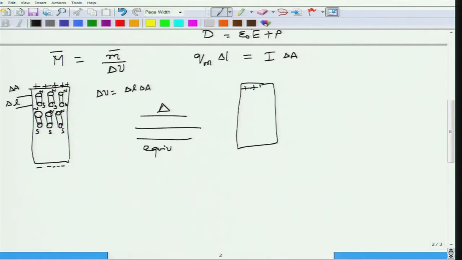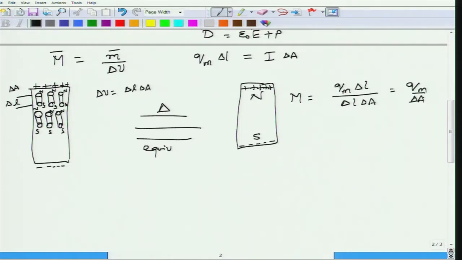big dipole with all fictitious positive charges at the top and all negative charges at the bottom. Okay. So, these top charges are the north pole and the charges at the bottom are the south pole. So, what is the magnetic moment? Magnetic moment is Qm into delta L. Okay. So, what would be the magnetization vector M? The magnitude of the magnetization vector M will be Qm delta L divided by delta L delta A, giving me Qm